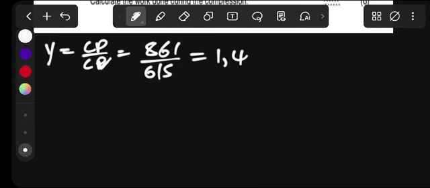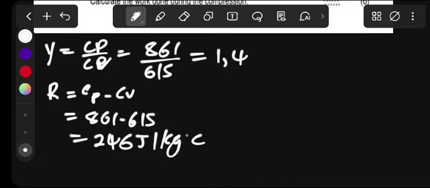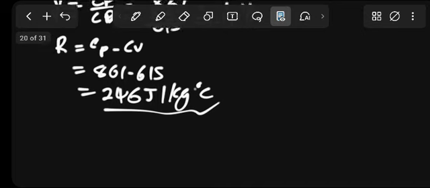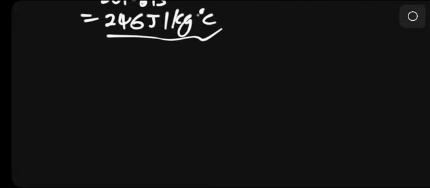Now we know that R is equal to Cp minus Cv. So Cp is 861 minus 615. This will give you 246. Remember, this will be in joules per kilogram per degree Celsius, as we have been given there. Why did we calculate that? We calculated this because we typically know that P1 V1 is equal to